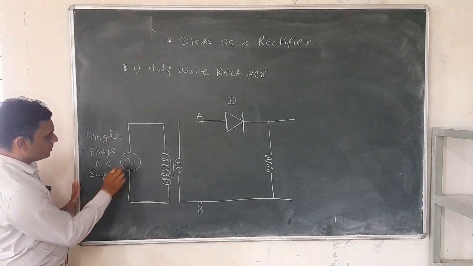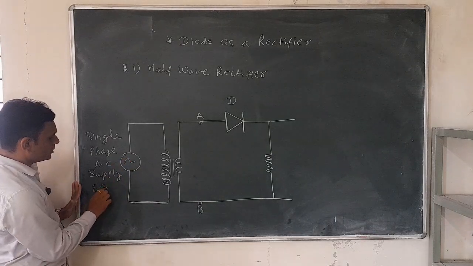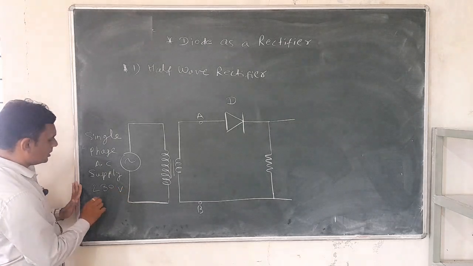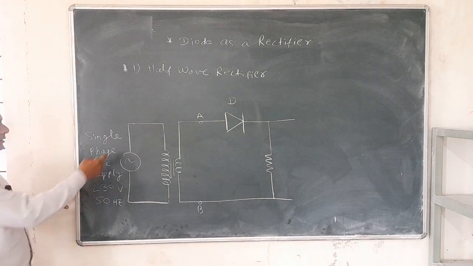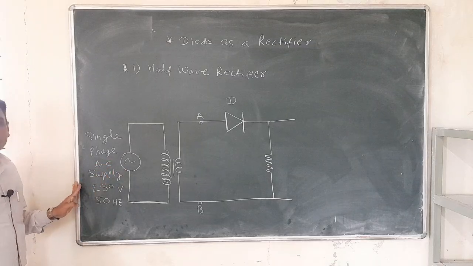Generally the voltage of this single phase AC supply is 230 volt and frequency is 50 hertz. Means AC signal is considered as an input,